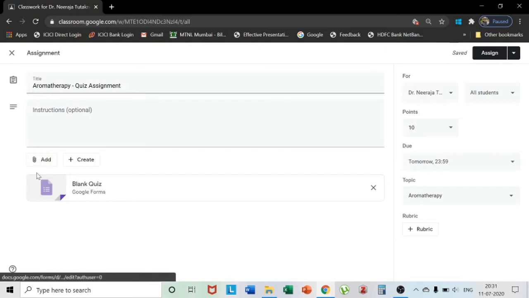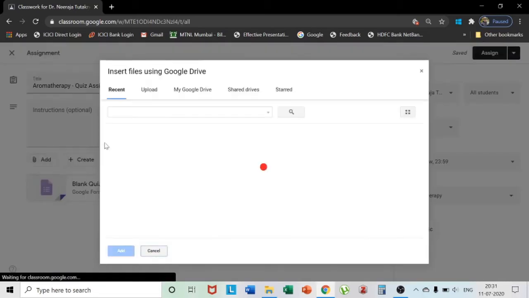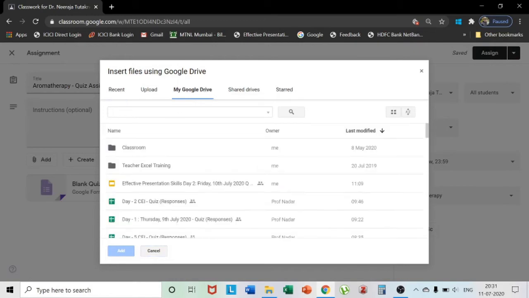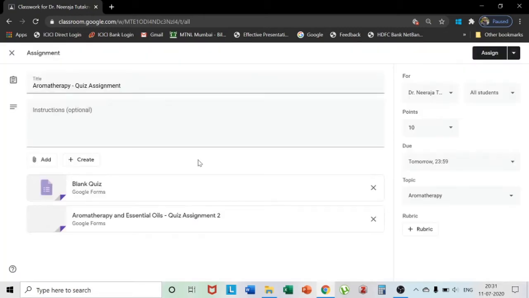Now here there are two options. Either you can add a ready-made generated quiz from your drive, like over here I am adding from Google Drive, My Drive, aromatherapy quiz assignment.